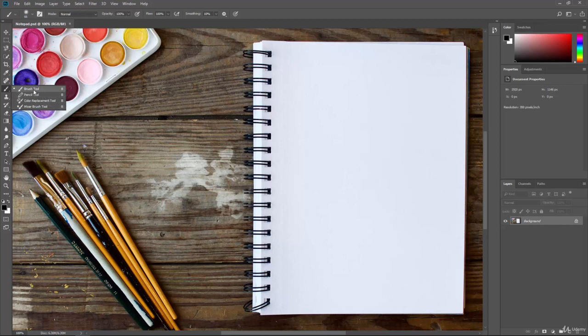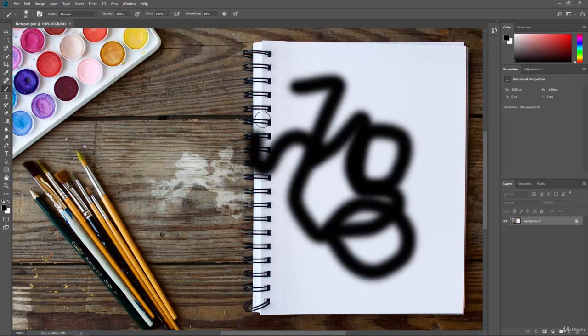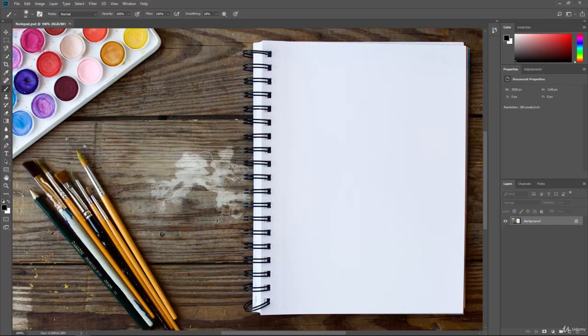But let's just start with the basic brush tool, and we can go over here and select a color. If you look at the swatches in the bottom left hand side, the foreground color is set to black, and we can just click and drag and start painting and start coloring our image. I'll go ahead and undo that, and this is a great way to make edits to your image or start designing or painting. If you're into doing things like watercoloring, you could totally do that here.